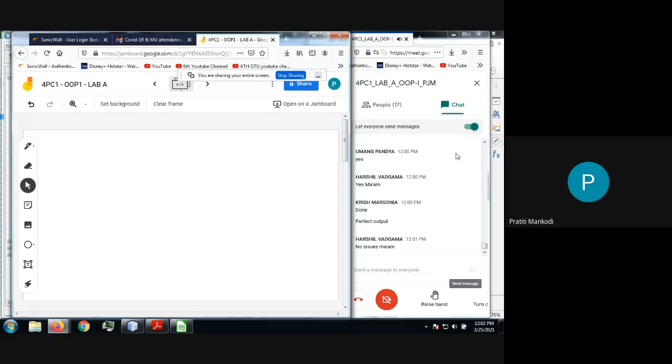Manipulation in the sense, say suppose I'm creating an array, a simple array of size 10, right? Now, whether you create this in a C program like this, or you create it in Java like this, in both ways the only difference is the time at which the memory is allocated to the array. Otherwise, both the arrays are actually the same. Here, at compile time, the memory is going to be allocated. Here, at runtime it is going to be allocated. That is the only difference, right? But ultimately, these two are the same array.